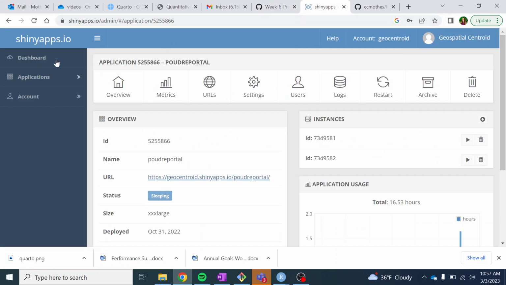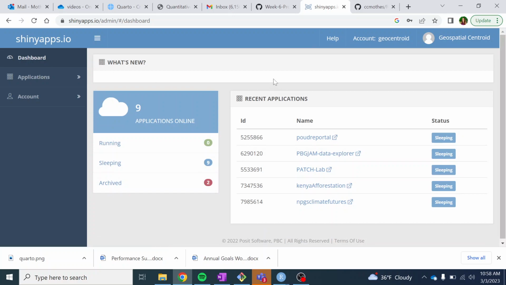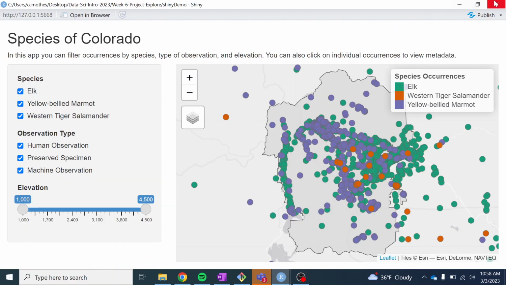But for example, this is what it'll look like on the back end. We have a Centroid shinyapps.io account where we host these apps. And then what you do, I won't pull up tokens, but actually, I think RStudio walks you through this really nicely. So you'll see this publish thing up here. This is how you publish your app, but you need to have your shinyapps.io account hooked up. And to do that,